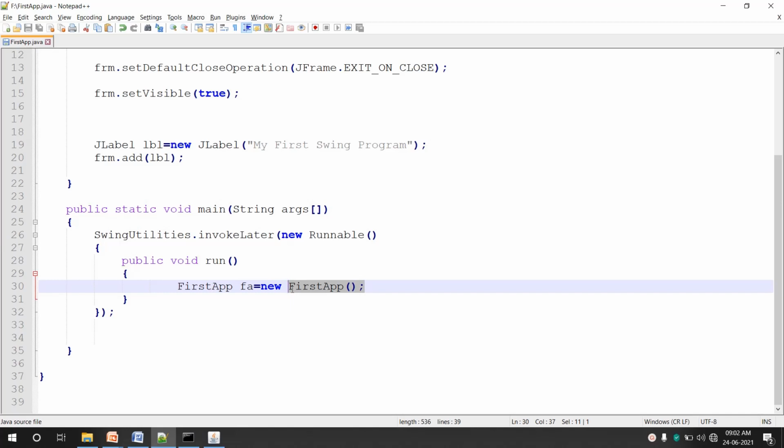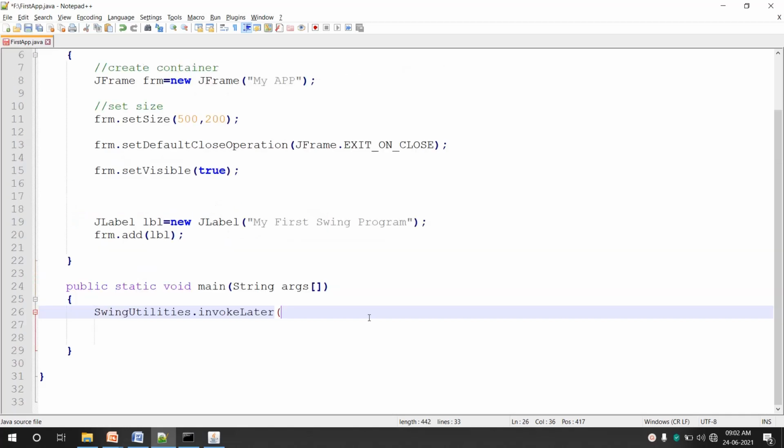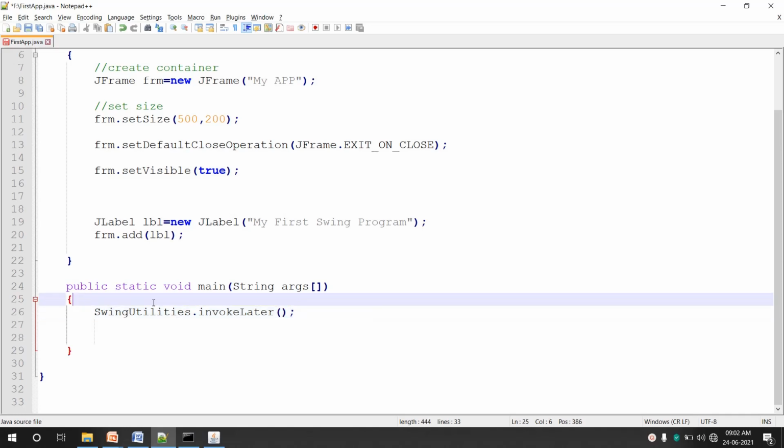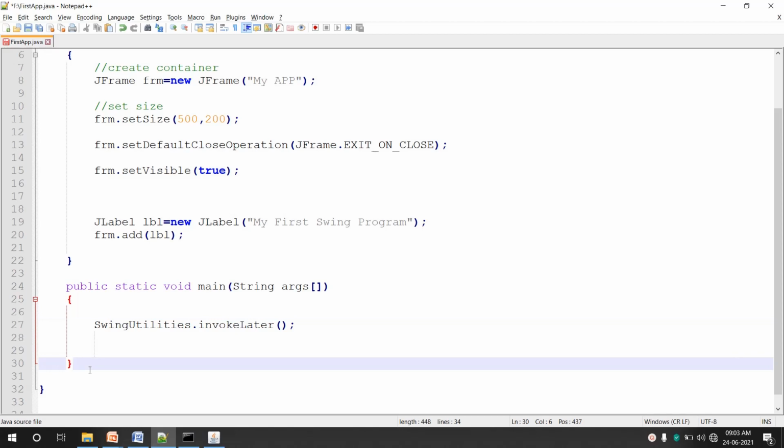The same can also be written in a simpler way. Okay, I'll show you how to do that if this code is confusing. What we can do is simply call SwingUtilities.invokeLater, and we can have one more separate class here.